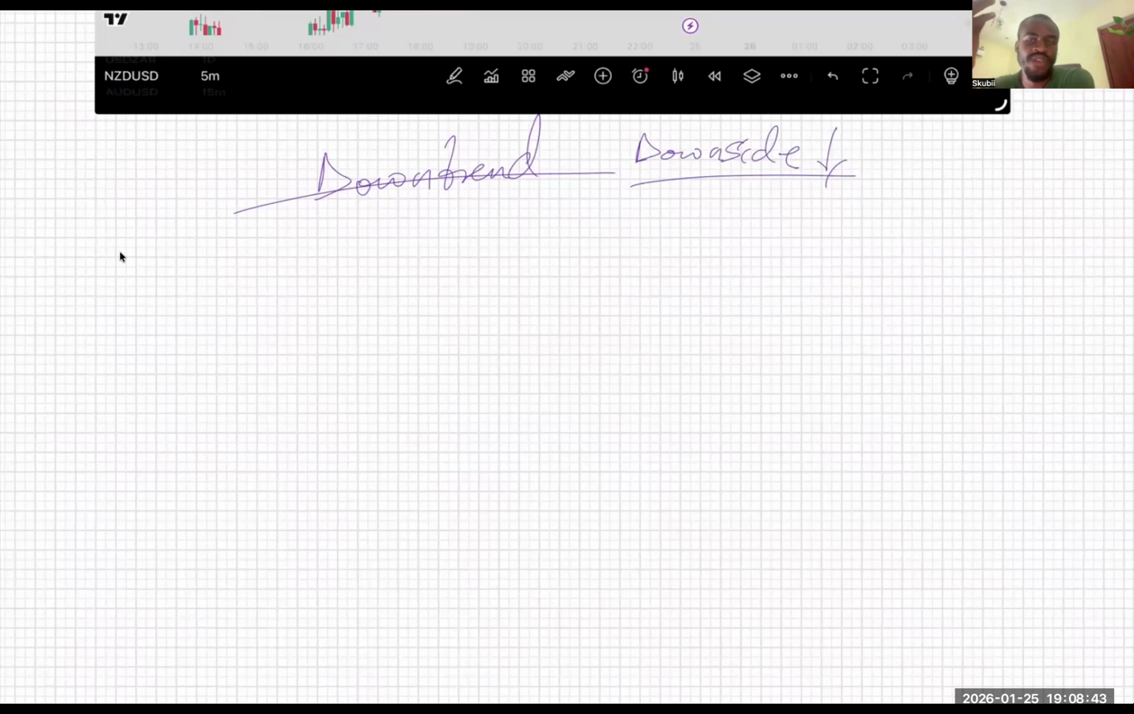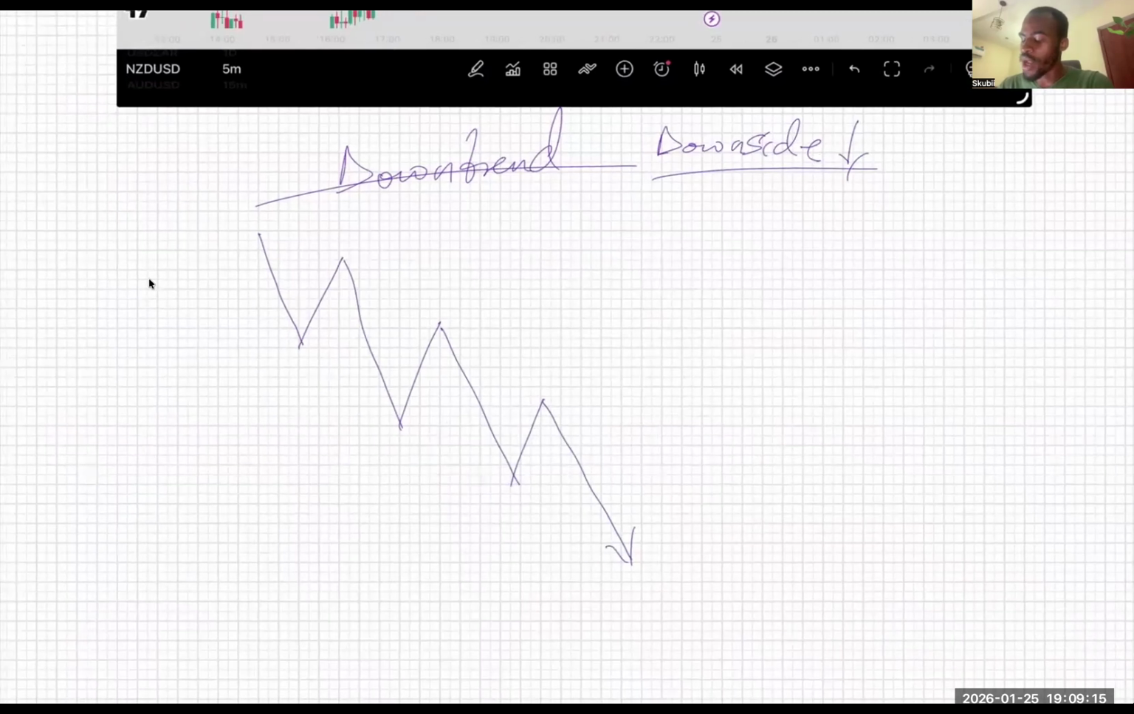Now, what are these impulsive moves? Impulsive moves are strong moves in the direction of the trend. The direction of this trend is what? To the downside. So we'll have impulsive moves to the downside. After that, we'll have retracements. Now, retracements, on the other hand, are weak temporal moves against the trend. Now, this series of impulsive moves and retracements in a downtrend creates a series of lower lows